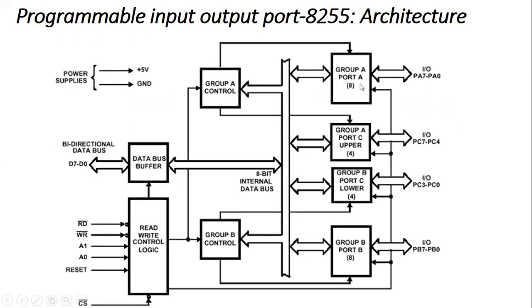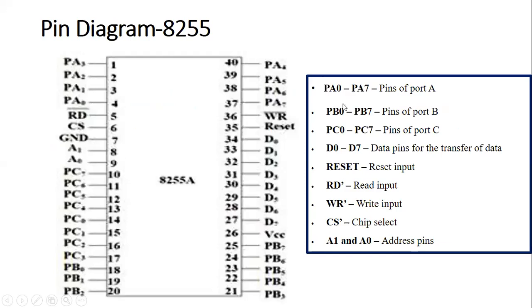These signals are PA0 to PA7, PB0 to PB7, and PC0 to PC7. These are port A, port B, and port C, and every port has 8 lines. You can see pin number 1 to pin number 4 and pin number 37 to pin number 40. All these pins are associated with port A. Pin number 10 to pin number 17 is port C. Pin number 18 up to 25